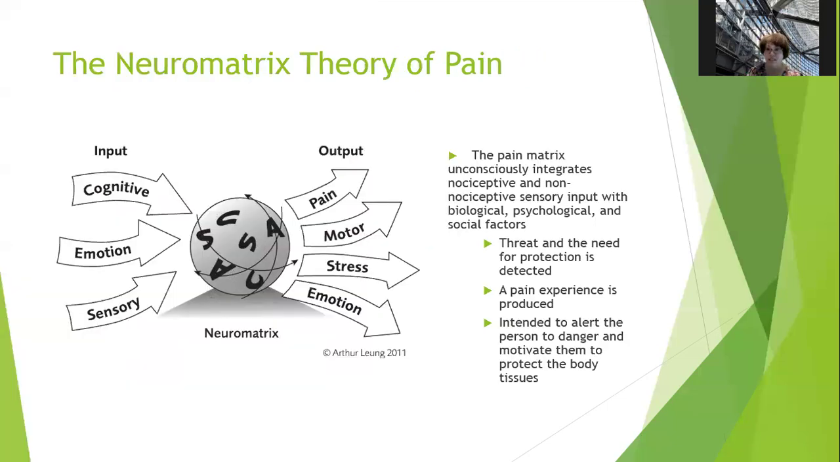So the pain matrix unconsciously integrates nociceptive and non-nociceptive sensory input with psychological and sociological factors. So the neuromatrix, or pain matrix, determines if there's a threat to the body, whether or not you need to be protected from it, and a pain experience is produced if it thinks there's a threat. The idea is, I mean, we say it's intended to alert a person to danger, but we don't really know what it's intended for, but it does alert a person to danger and motivate them to protect